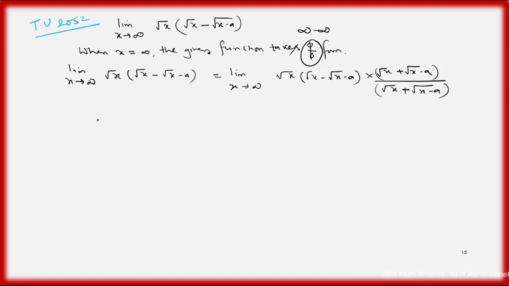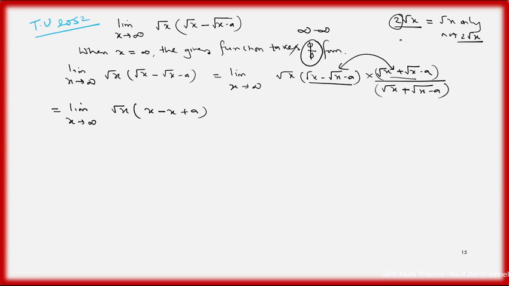Got it? Yes, Jan Gamali, that's good. Equals limit x tends to infinity, root x times, we have multiplied this and this. Yes, this is x minus x plus a, the product of these two. Only of this term I have taken the conjugate. Suppose 2 root x, the conjugate of 2 root x is root x only, not 2 root x, because 2 itself is a real number, a rational number, and here we will not rationalize this, just we will rationalize this. Okay, now root x plus the multiply of that conjugate is another part, and equal to